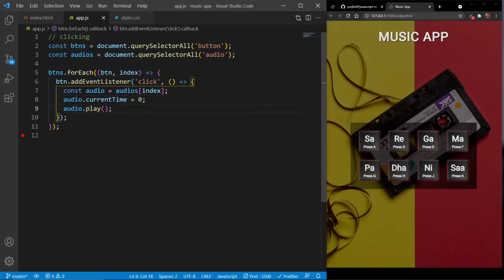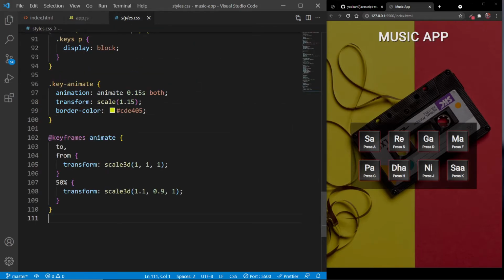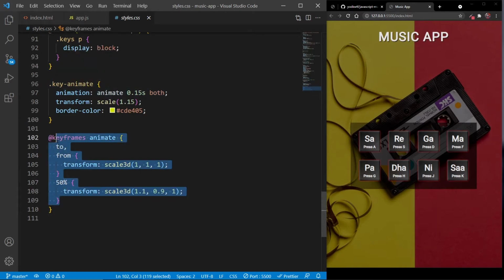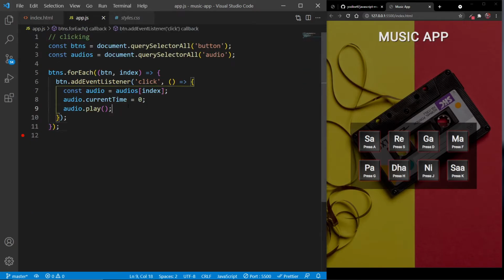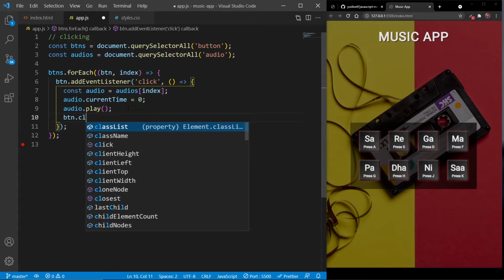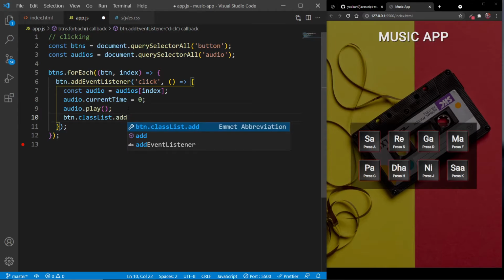Now another thing to do is add animation to these buttons, and for that I have this key animate class already prepared in CSS, and this will add a small animation and a border color of yellow. So let's select our button on which we have clicked and use the class list property to add a class.